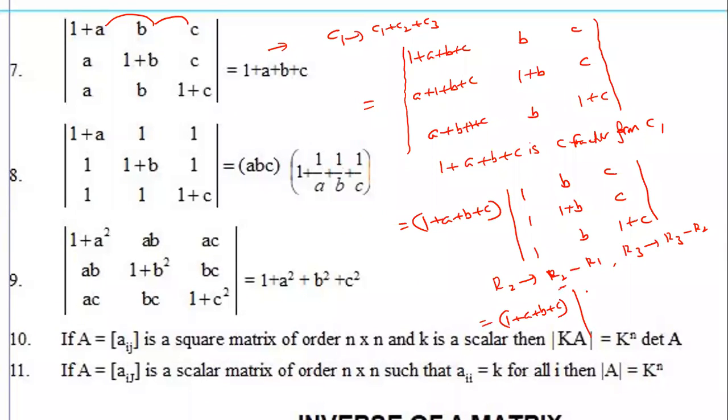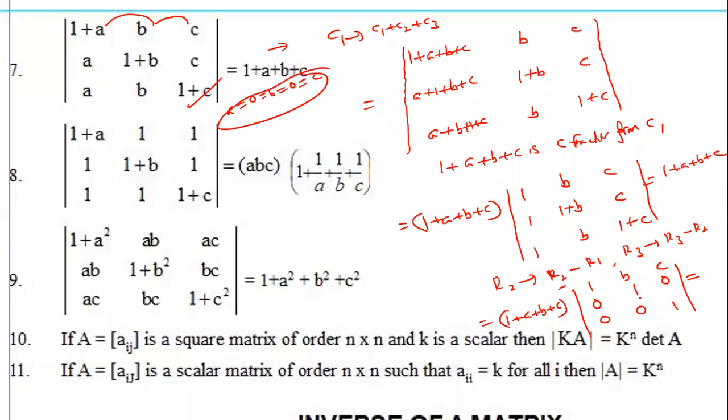Discuss. So many questions are there. Don't worry. What is R2 coming? 1 minus 1, 0. 1 plus B minus B, 1. C minus C, 0. Sir, why are you writing like expanding like this? Directly can expand, no problem. Can expand directly, the answer is coming what? Like that. Sir, but you told shortcut method, put A is equal to 1. Yes, do it. What is the answer? Simply here put A is equal to 0, B is equal to 0, C is equal to 0. Completed proof. Like that.